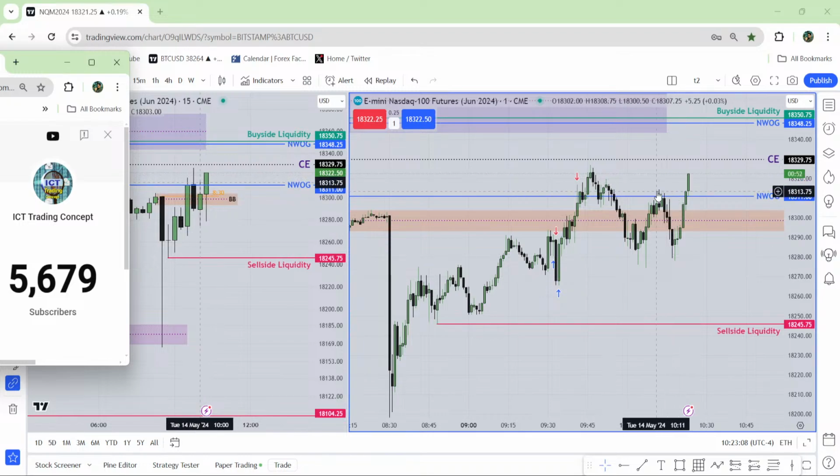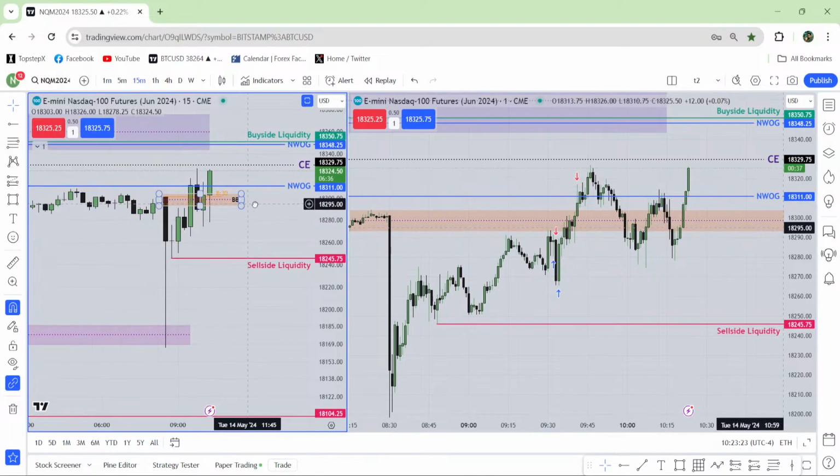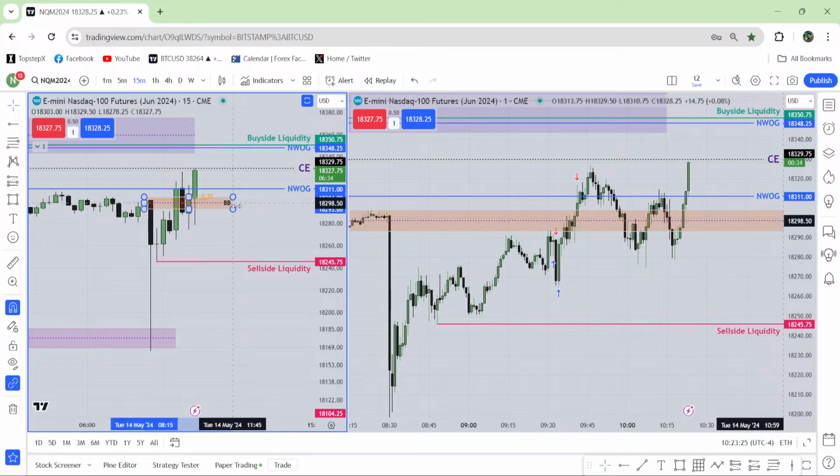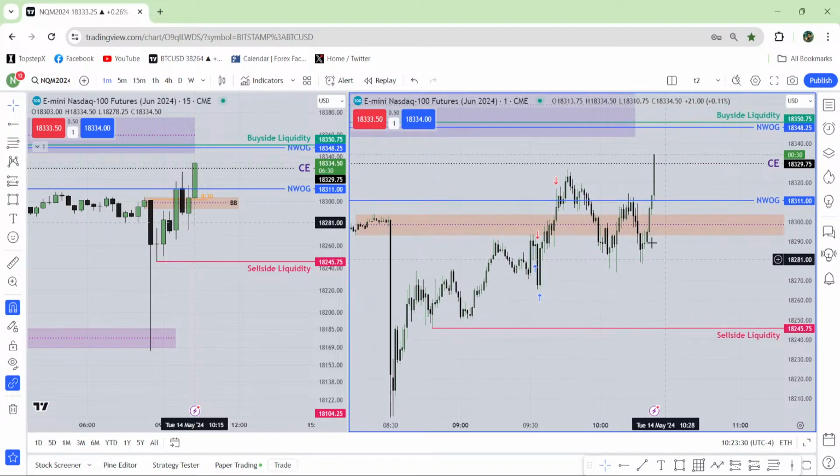Is this swing high valid for shifting market structure? Absolutely valid. What happened over here? The market went lower. Did it take the liquidity? No, it didn't take any liquidity. Is that a high probability trade? Absolutely not. Can I frame a trade from there? Absolutely I can. Why? I have this breaker block. See this breaker block? So I can frame a buy setup from there, but this is not going to be a perfect setup.